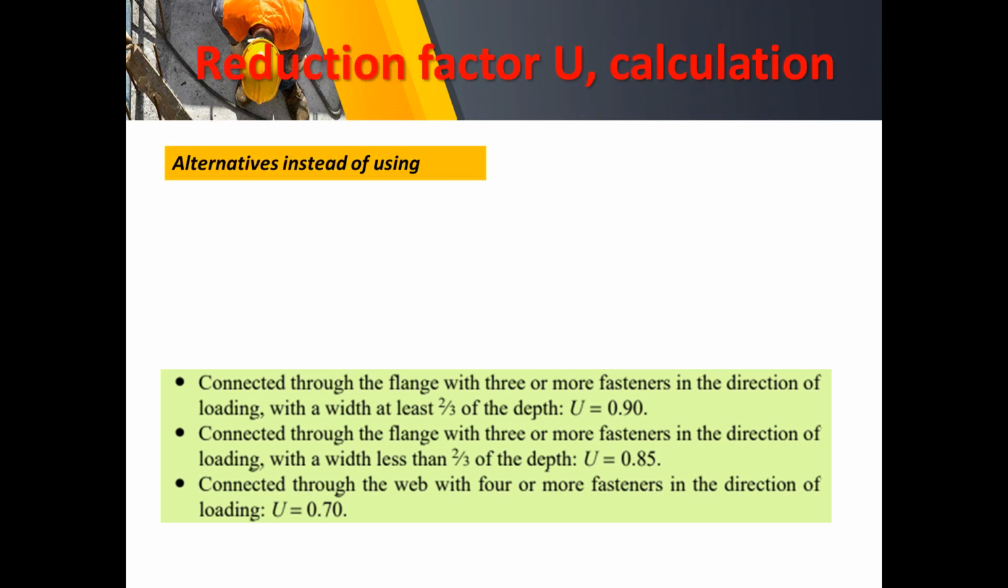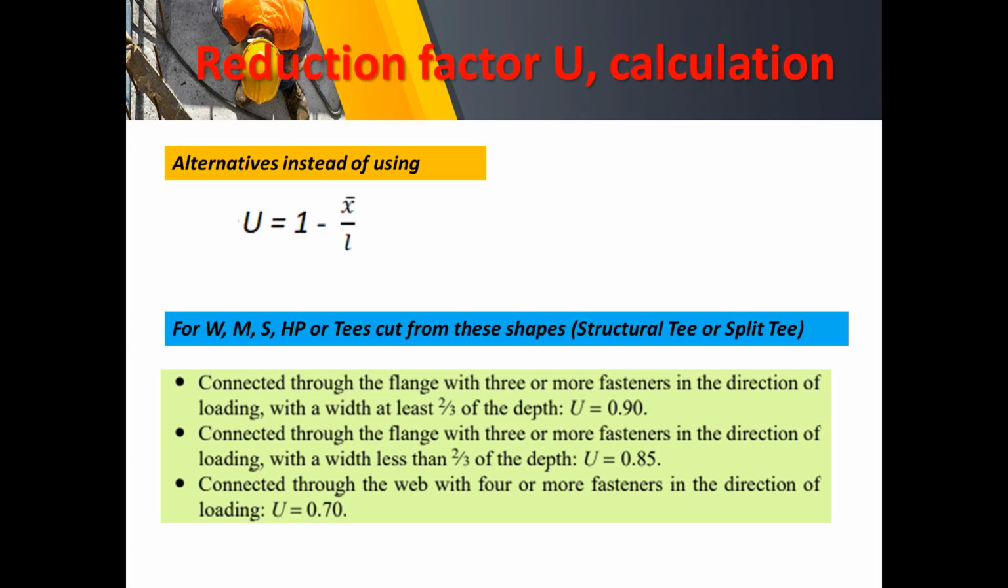So we also have alternatives for W, M, S, HP or T's cut from these shapes, or what we call structural T or split T, connected through the flange with 3 or more fasteners in the direction of loading with a width at least 2/3 of the depth. So there will be a ratio between the width of the flange to the overall depth. In that case, we use the reduction factor U equal to 0.9,